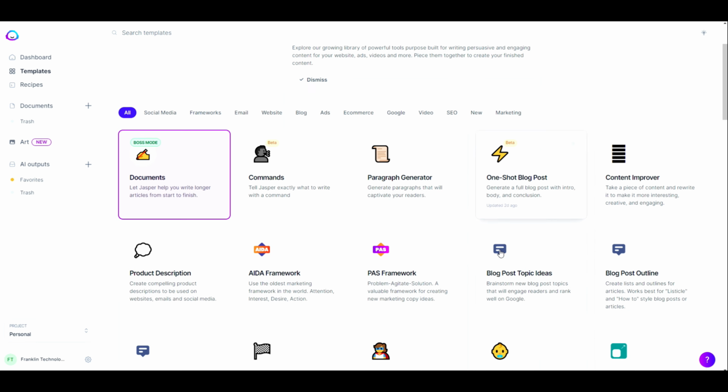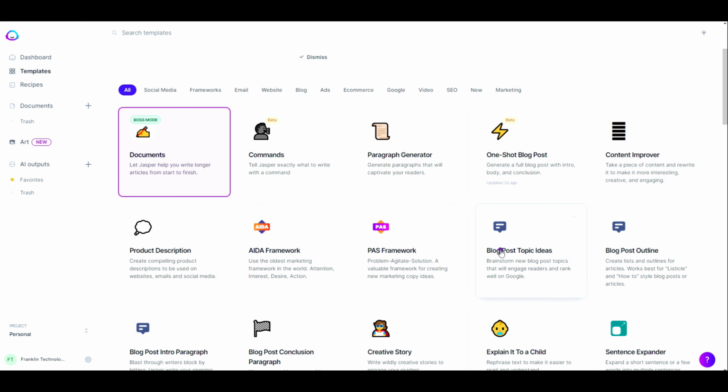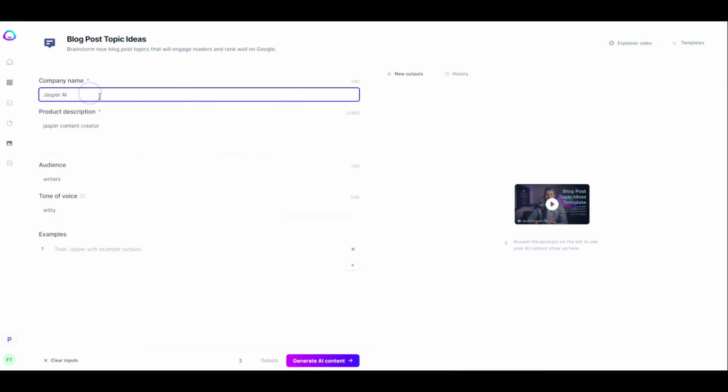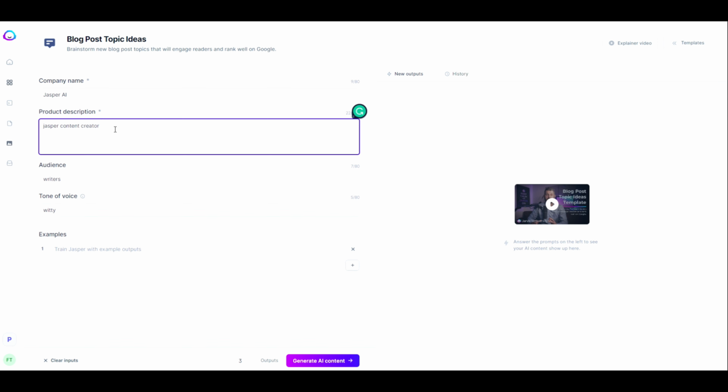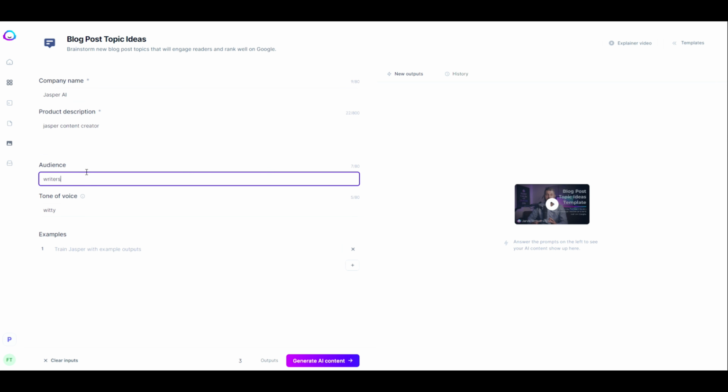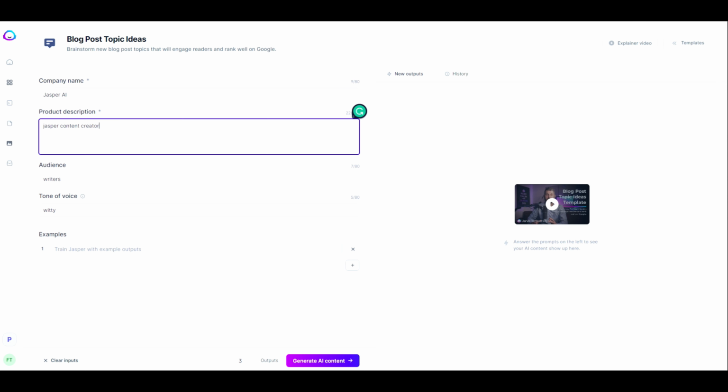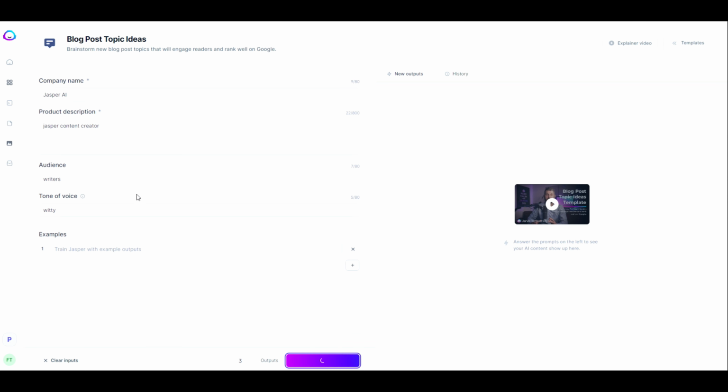First, brainstorming ideas. One of the hardest parts of creating content is coming up with ideas in the first place. If you're suffering from writer's block, Jasper can help by suggesting topics and ideas for your next piece of content. All you have to do is enter a few keywords, and Jasper will generate a list of potential topics for you to write about.